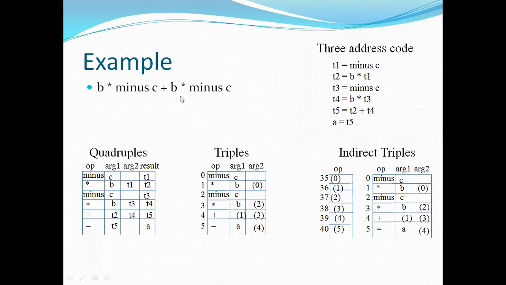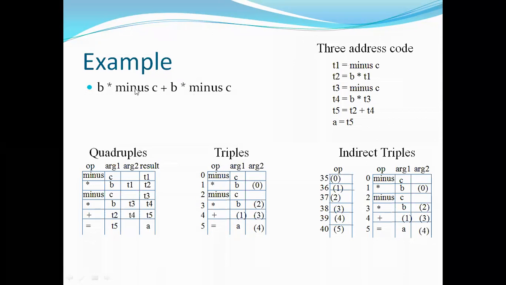And now again b into minus c. This plus is acting as a mediator between this left hand side part and the right hand side part. Make a note of this. You need to choose the mediator operator between the whole expression. I am choosing that plus is the mediator, an interface between the two expressions, that is the left hand side part and the right hand side part.